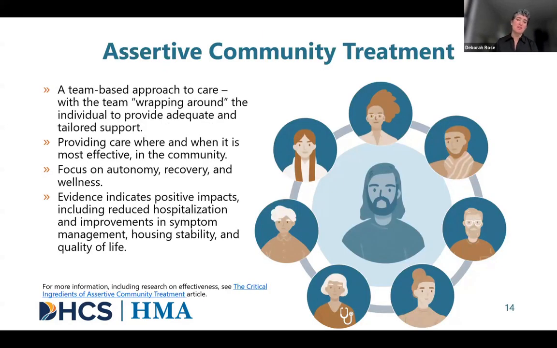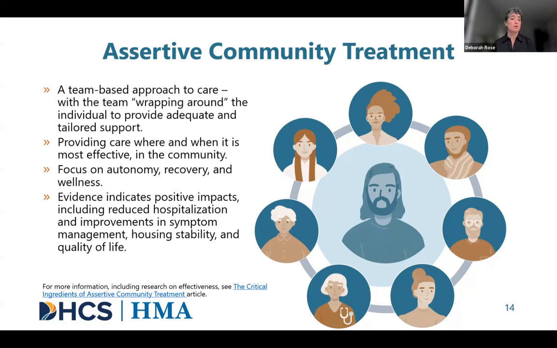Okay, as I mentioned, assertive community treatment, often referred to as an ACT team, is another evidence-based program that is designed for folks who maybe haven't historically engaged in traditional treatment. So these are for people who maybe aren't coming into a clinic or into a hospital setting to receive care. It's a community-based service like a clinic on wheels. It's a comprehensive program offered by a multidisciplinary team of professionals: a psychiatrist, a nurse or nurse practitioner, a peer, a social worker, maybe a benefits coordinator. Often it includes a family specialist or a job vocation professional.